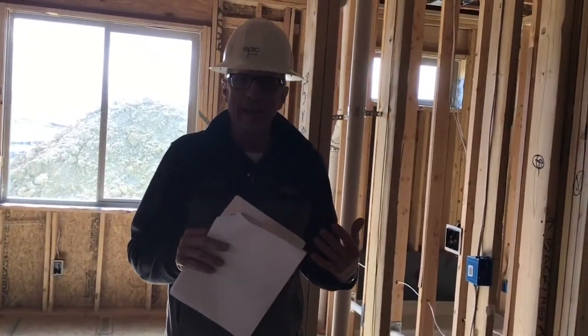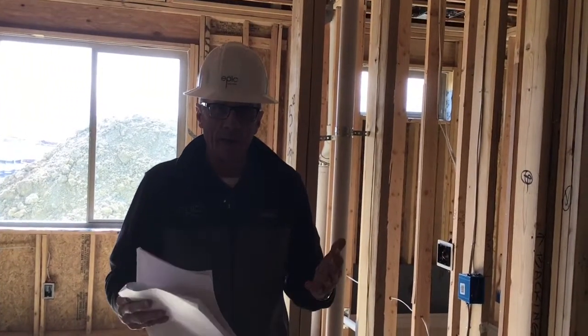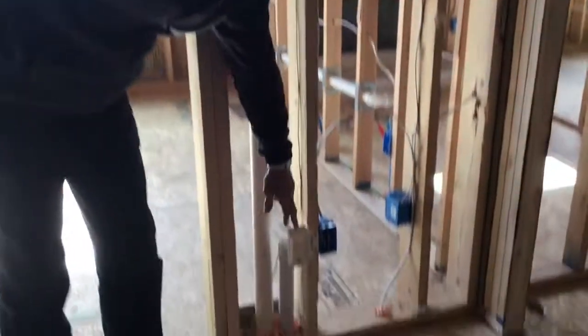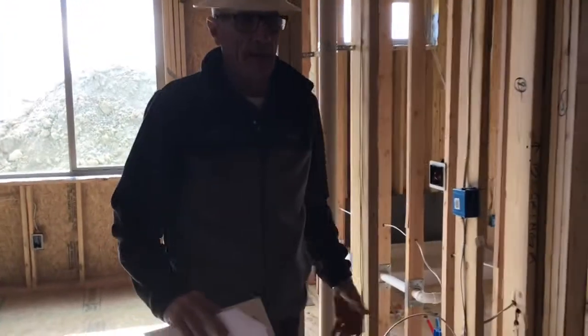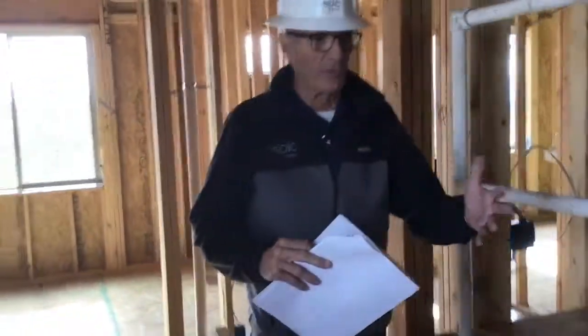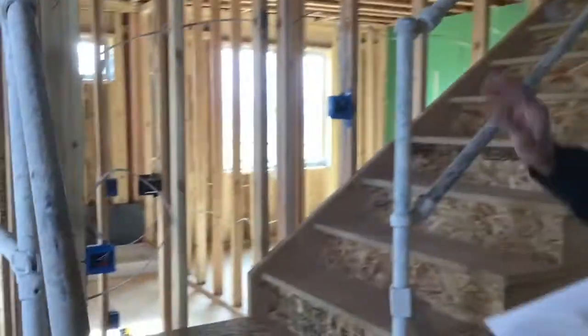Here I am standing at the foyer area leading into the study. I wanted to point out that down below, this is a vac outlet. So that's your central vac for this area in the house. And as we move back through the foyer, I wanted to point out that you requested step lights going up the